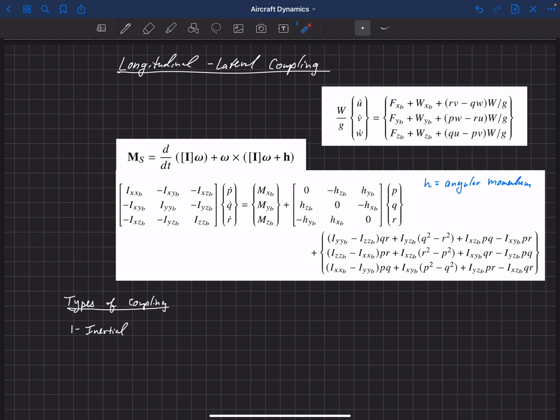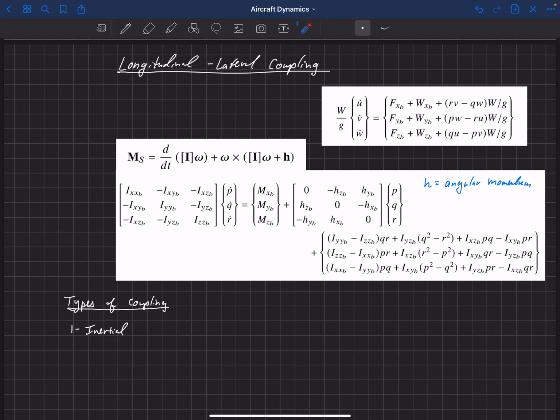Then you could also have some asymmetry to the external parts of the aircraft, like if you have external stores on one wing, or for example, fighter aircraft, if they've dropped armament from one wing but not from the other wing, then you can have some asymmetry in how your mass is distributed relative to that XZ plane. And so you can see then that these things start to couple.